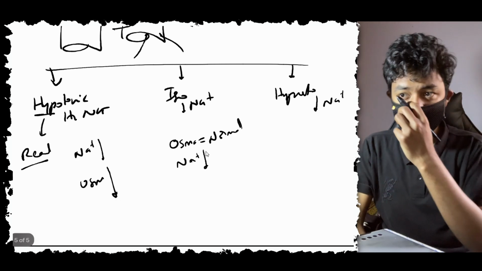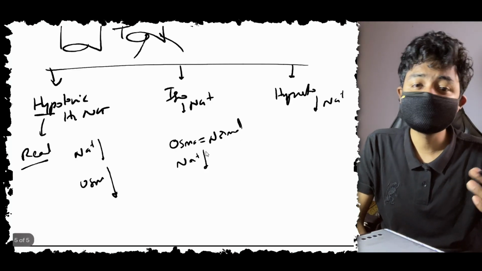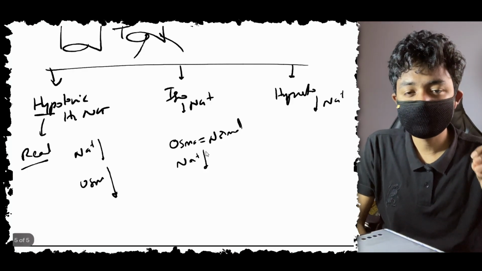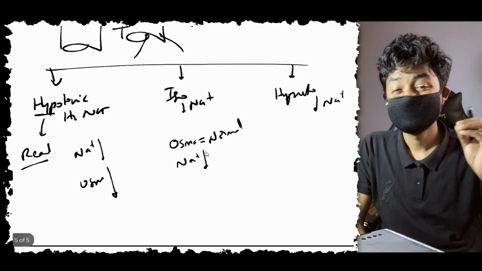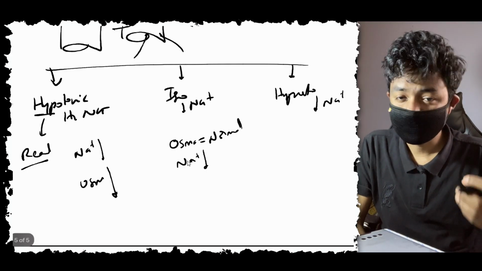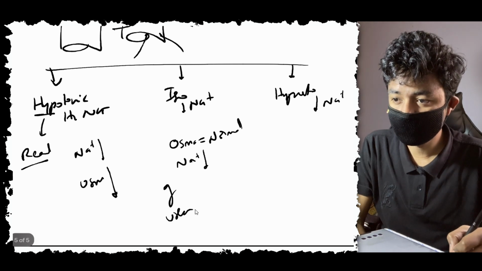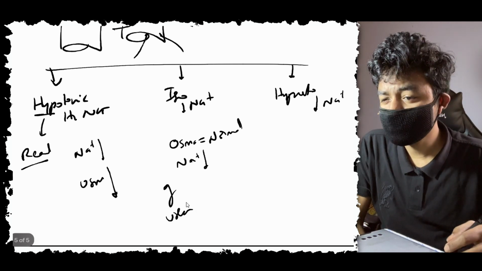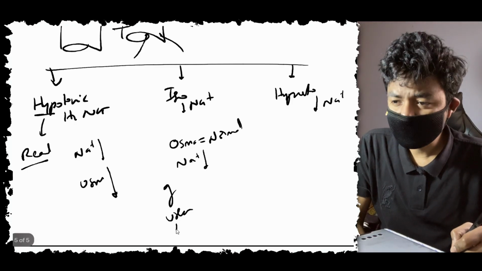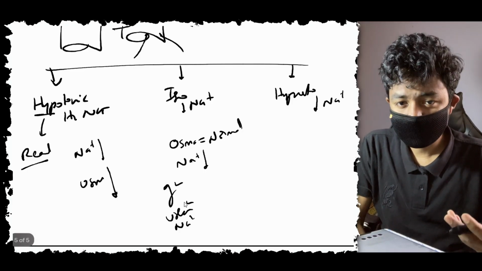Now, you might be asking, you told us that if sodium is less, then osmolality is less. But that is not what I tried to tell you. I tried to tell you that osmolality depends on the number of solutes, the number of things present inside the water. Now, in the blood, it is not only the sodium that is present. There are many other things, like glucose, urea, and other random things inside the plasma. But essentially we have glucose and urea. These are the main components in the blood, apart from sodium.